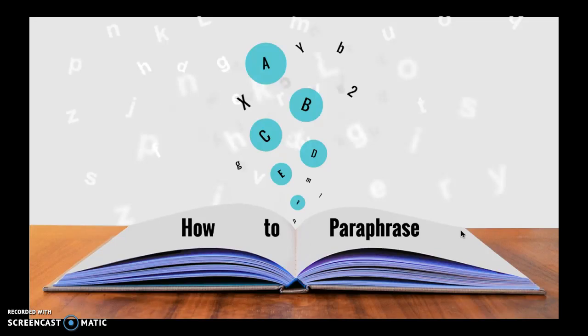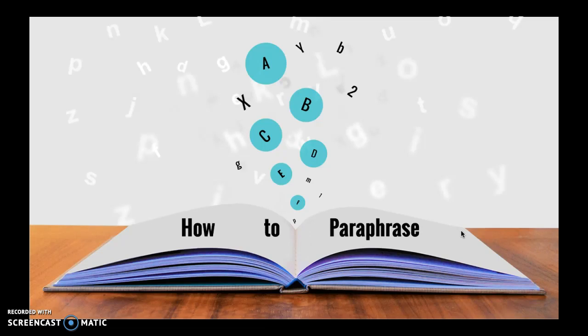Awesome. So that is the end of this workshop. I hope that it is now clear to you how to paraphrase, remembering that you're just looking for the main points, the main ideas that are expressed, and that you then will reword those using all original wording, and then just double check at the end to make sure that both your writing and the author's original writing have the same meaning, that you haven't changed what the original message was.